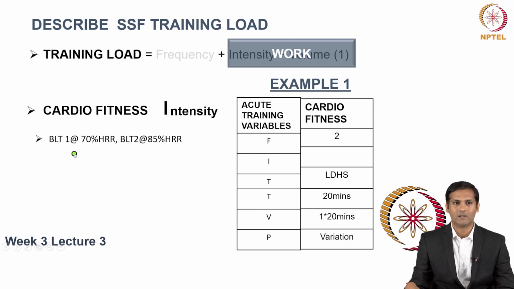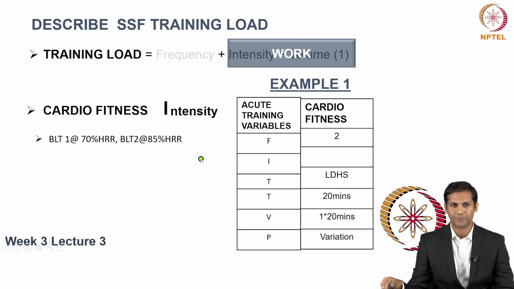To relate blood lactate threshold 1 at 70% of HRR, you need to be aware that it means that as my exercise intensity increases, my blood lactate starts to increase suddenly, exponentially, at 70% of my HRR. And then there is a linear increase in the blood lactate as the intensity increases, and there is a second point during the exercise intensity where my blood lactate increases much more non-linearly. That point is called blood lactate threshold 2, which in this case has come around at 85% of the